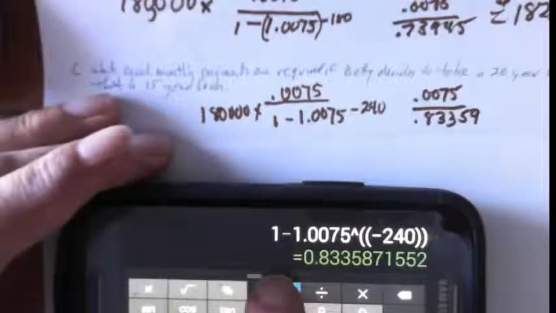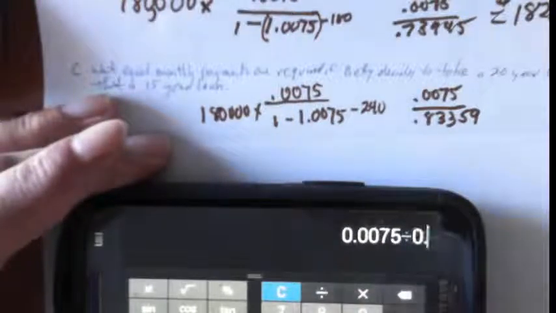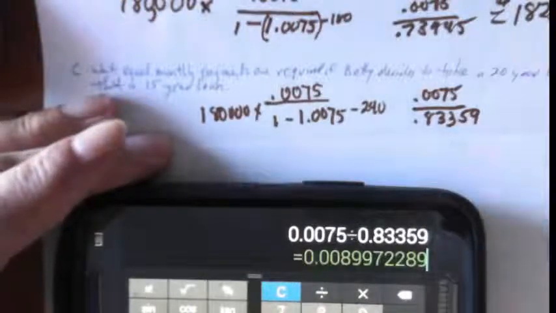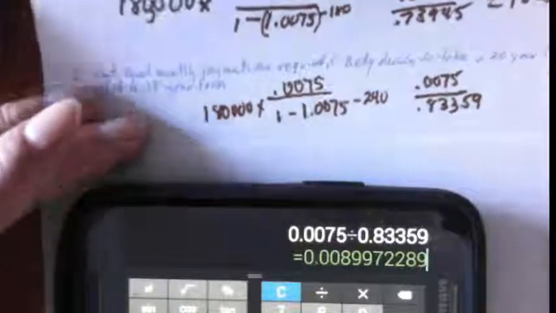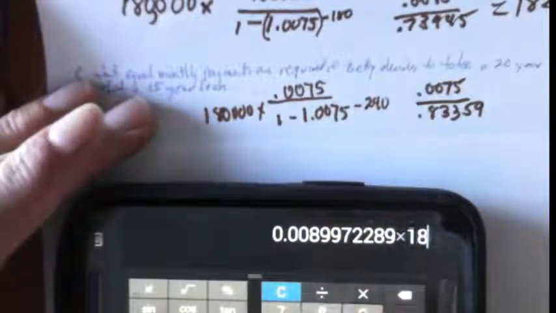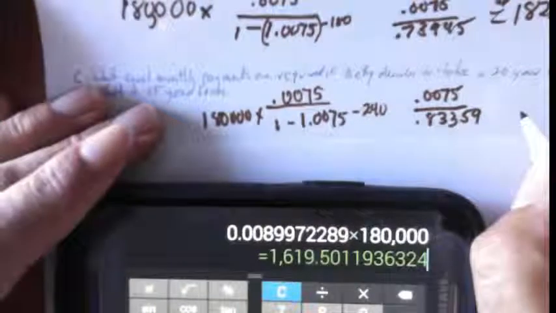Okay, so we're going to just simply hit clear on that, 0.0075. I'm going to divide then by 0.83359. Okay, times our original amount. That didn't change. Okay, so she could have